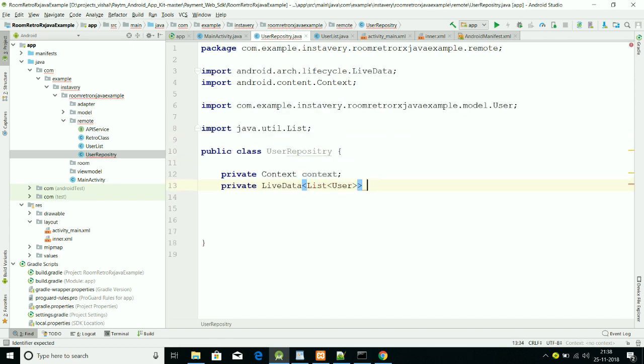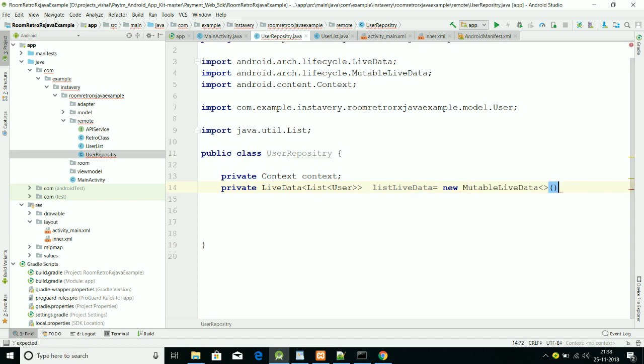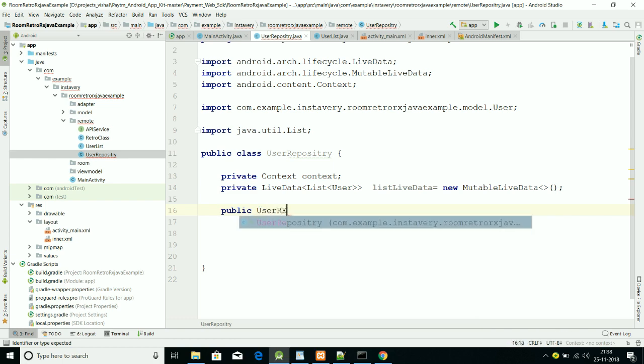So this thing I want to be as live data. Okay, so that's your list of live data, and that's called your new MutableLiveData. That's already described to you in my previous tutorials. So this is your public UserRepository,